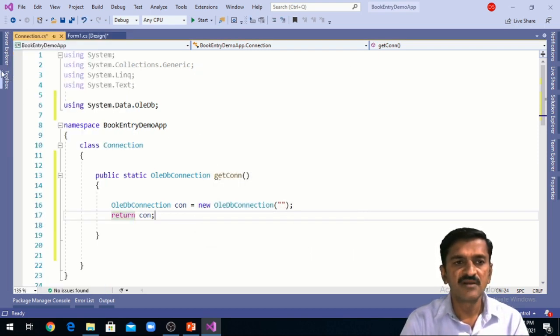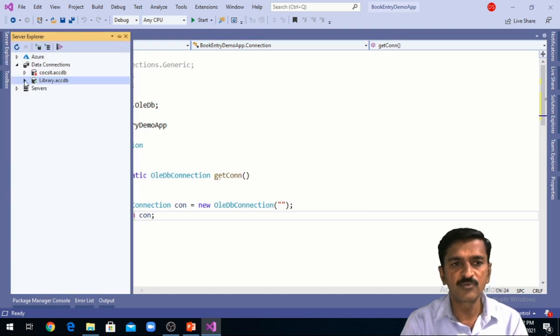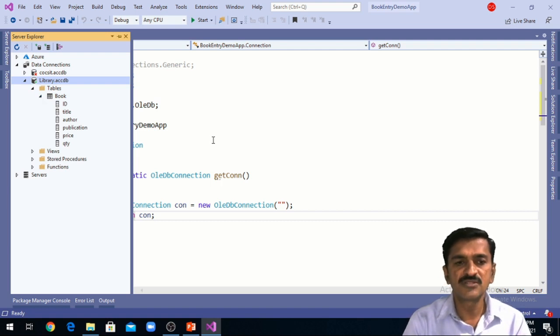Once that, a database connection will be added in your project, that is shown in the Server Explorer. When I expand the Server Explorer and expand the library.accdb, I will find the tables in that. So here is the table that we have created. Okay. So to this table we want to insert some record.